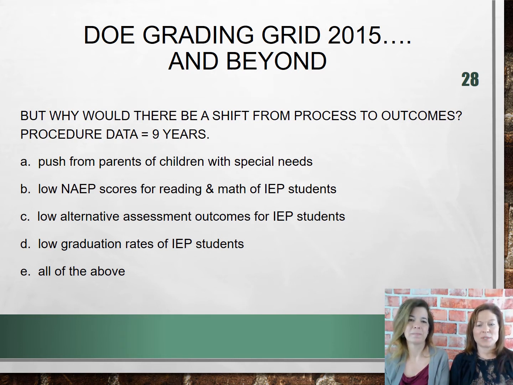You know, process was, oh, we got our evaluations done in 60 days. We got our IEPs done in 30 days. We did child find correctly and sent out all our notices, things like that. Those were process. Why would all of a sudden we shift to results-driven accountability? What would cause that? Well, and let's be clear on that. We're still bound by all those procedural things, right?